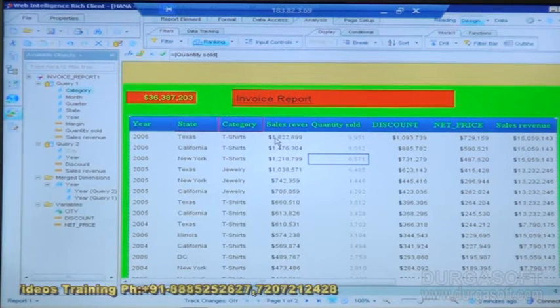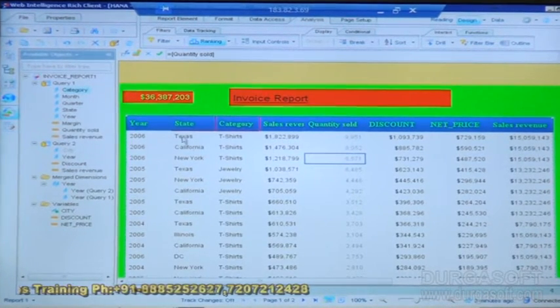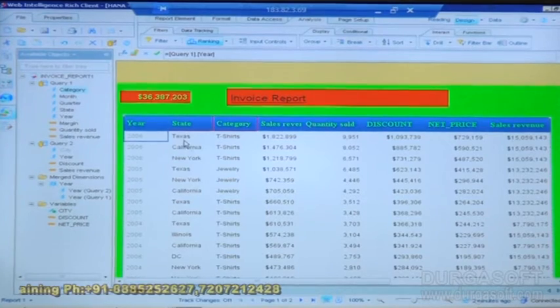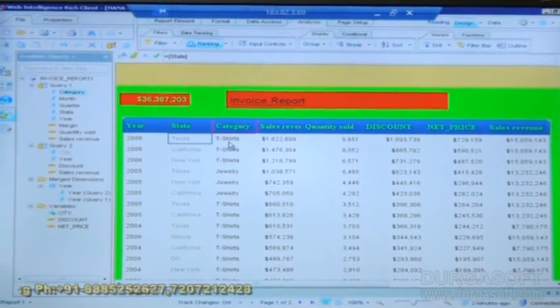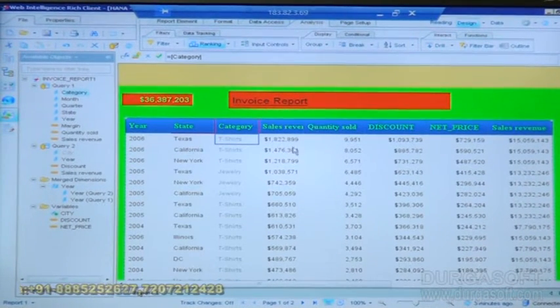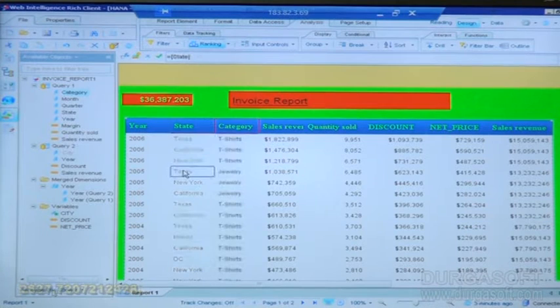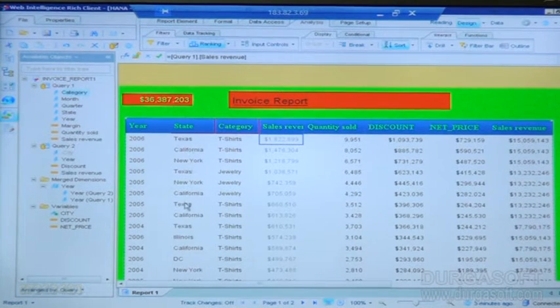First one is 1,82,000 some change, in 2006 it happened in Texas for the category of t-shirts. Next one is t-shirt only, but in California. Next, jewelry happened in Texas. So this is how we can get top 10 values, top 3 for each and every category.